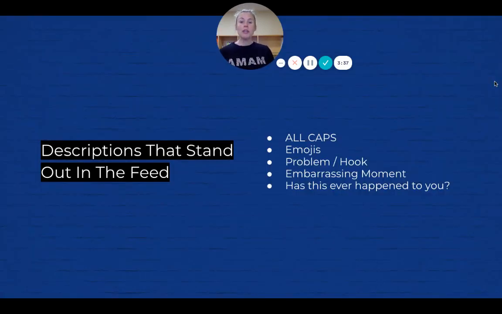The next thing you want to do is make sure that you have descriptions that stand out. Whether you're using a photo post or a video post, you want someone to stop scrolling in the newsfeed so that they're spending more time, more visibility with your post. The more time somebody spends with a piece of content and the more engagement, meaning comments, likes, and shares, the more Facebook will show that content to other users because it thinks, hey, it's relevant, it's something that people like, it's going to keep them on my site longer.